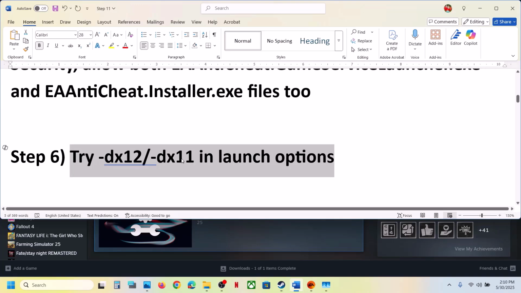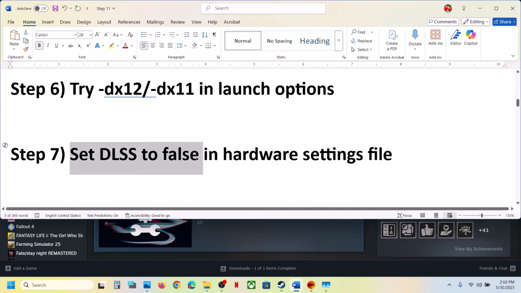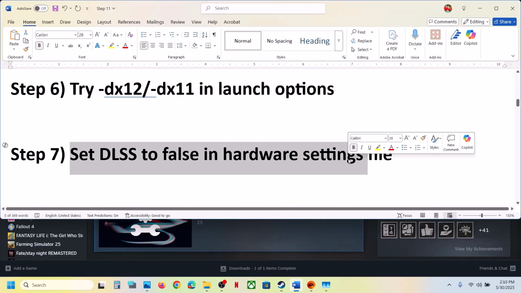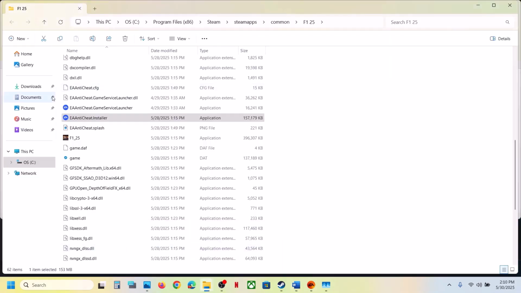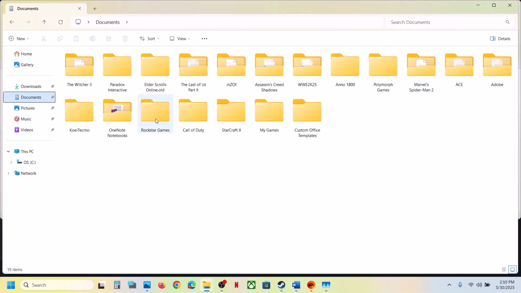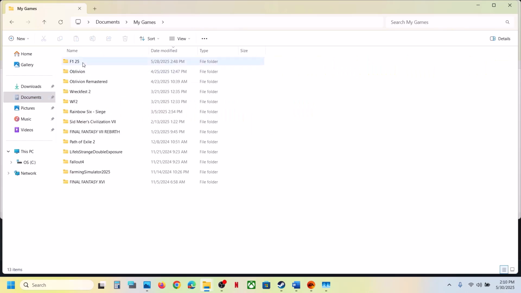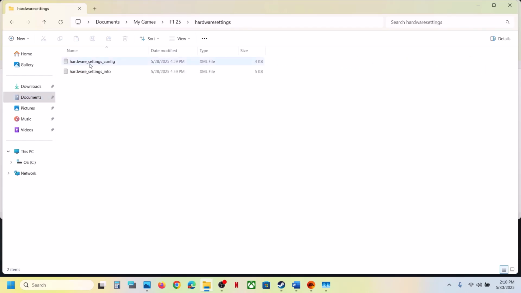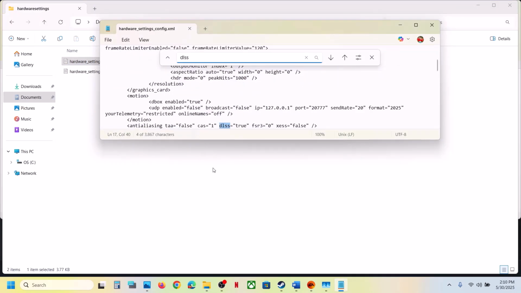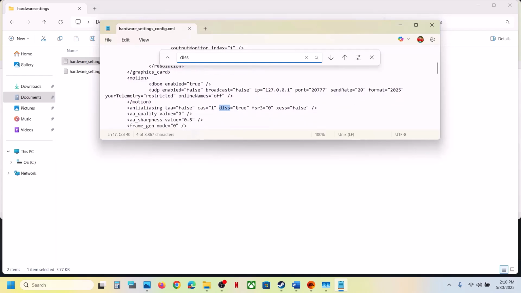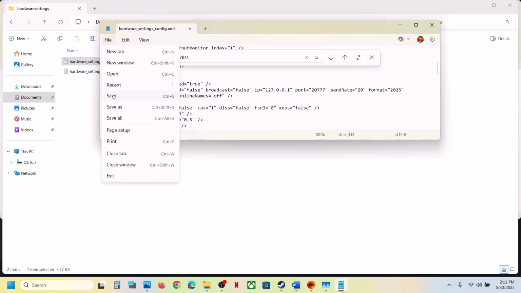Now the next step is to set DLSS to false in the hardware settings file. Now for this you can open File Explorer on your computer. Once you open File Explorer, go to Documents over here and then open My Games folder, open the game folder, hardware settings, open this hardware settings config, Control F, you can search for DLSS, and then over here you can see DLSS is set to true. You can just type in false over here and then go to file and then click on save, launch the